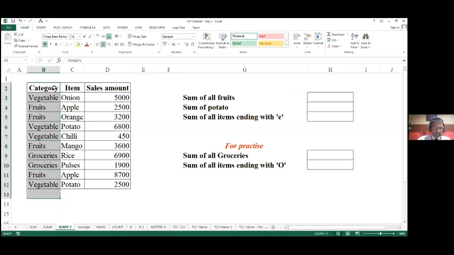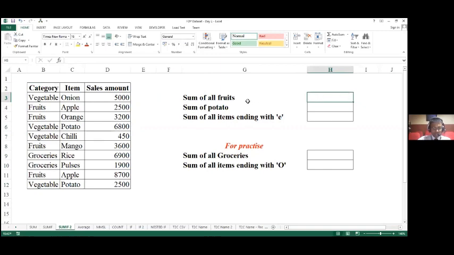Excel should identify the category fruit, then find out the corresponding sale amount, total up only the sale amounts for fruits, and then display the total here.